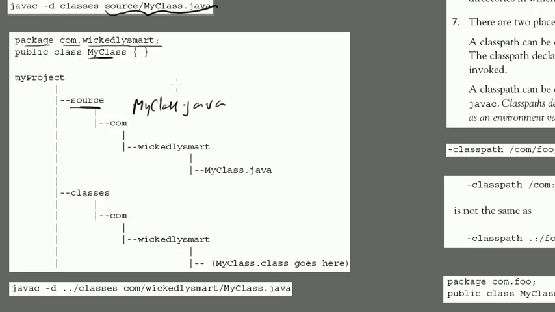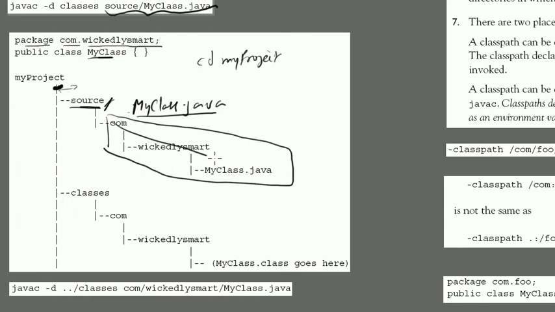If you do cd my project, so now you're right here, and say MyClass.java were to be in source, this is not necessary, so let's say this is not true for the time being. Now if this were to be the case, then I would do javac